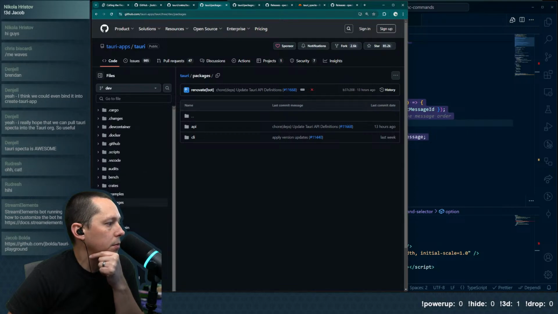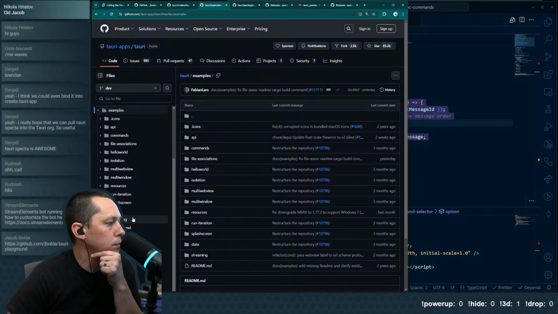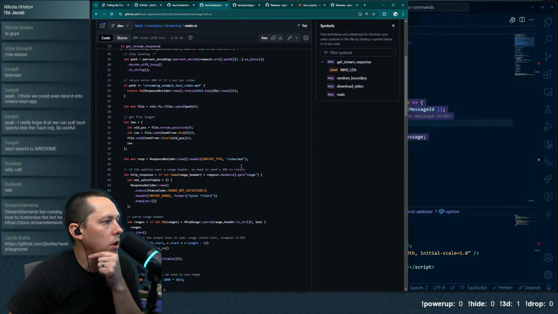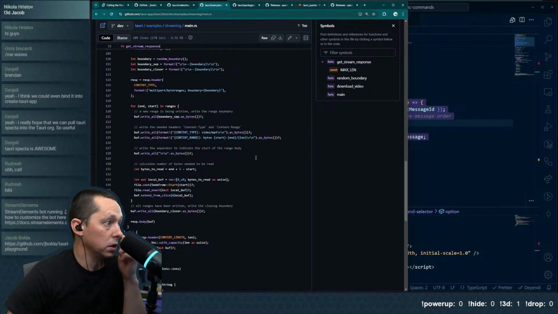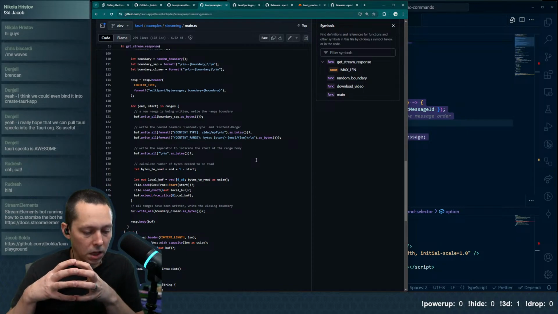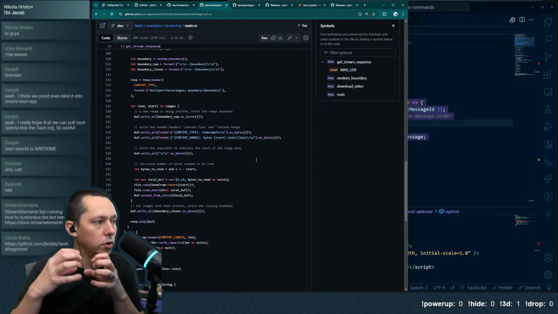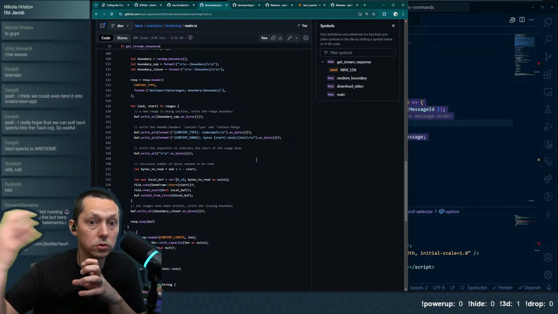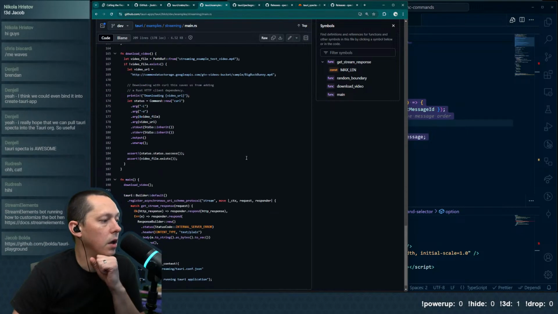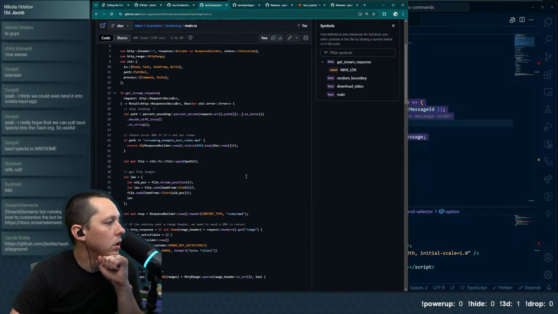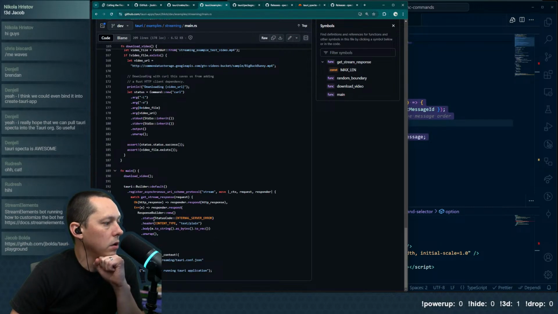What am I looking at? Examples. I want to look at the streaming example, because if we're talking about what's the difference and to what point do you need to, at some point it would potentially make sense to switch from commands and channels to a custom URI scheme. What would prompt that? If we want to answer that question, we have here a get stream response.